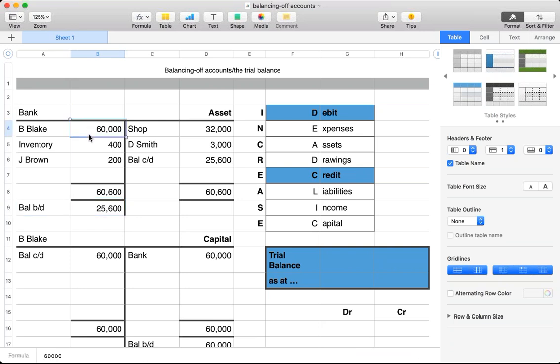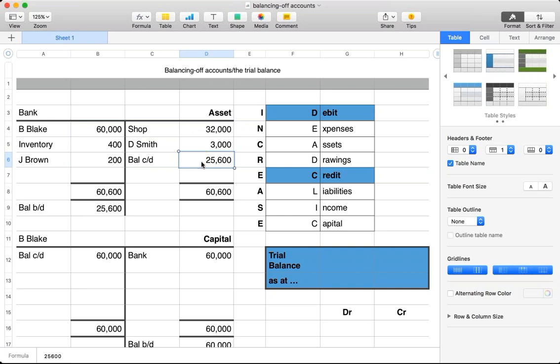We've got these figures here, so these are the figures that have come into the account. So we've debited the bank account because it's an asset. We can see that there on our debit/credit chart. So if we add those three up, they come to 60,600, my screen tells me. And before carrying the balance down, those two come to 35,000 exactly. So we've got a balance of 25,600 left in the account because we've got more money come in than what's